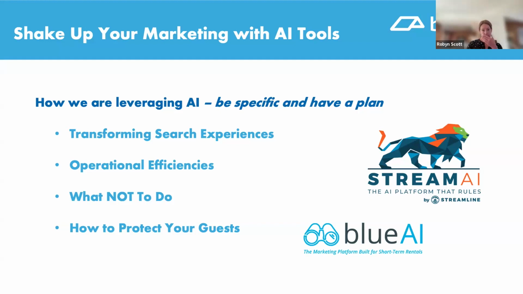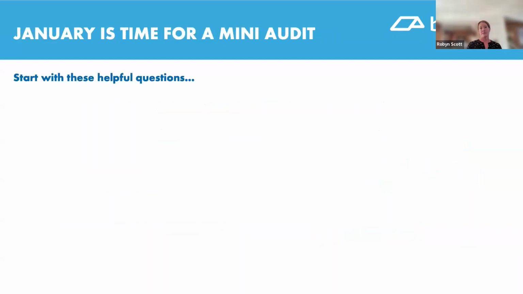But we are excited to bring these tools out. They're looking really, really good. We've got a really smart team working on that development. And then I put in how to protect your guests. Again, that just really goes back to never put guest information, never put a database in there. You can use blogs and documents or different types of information, let's say like earnings reports or things like that, to train your AI bots. But as long as that doesn't have personal information in it, that's the only thing to be careful of. So yeah, reach out to us if you want to talk about AI, because we've got a lot going on.